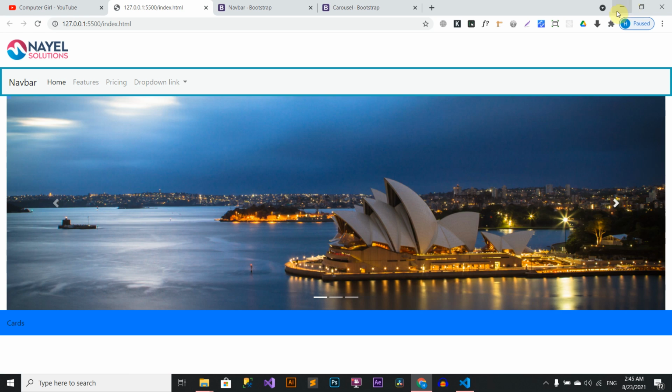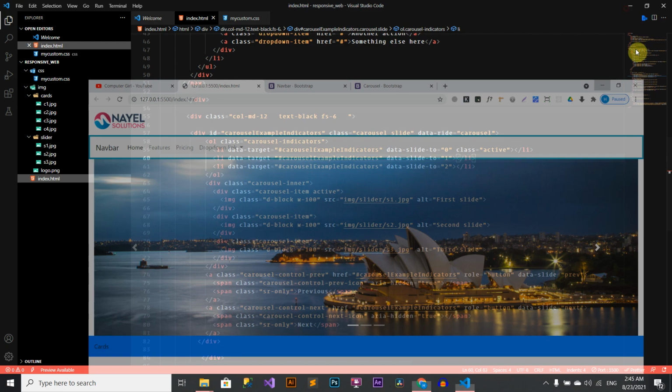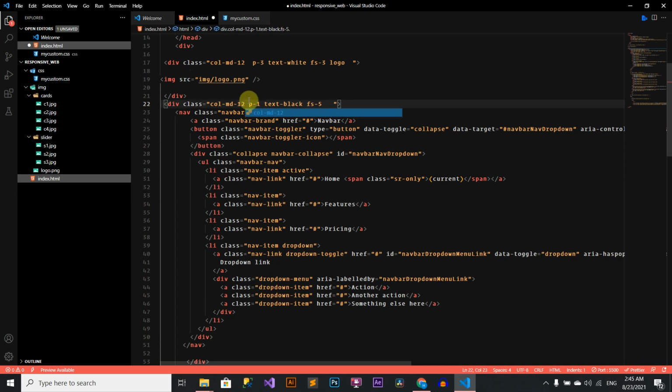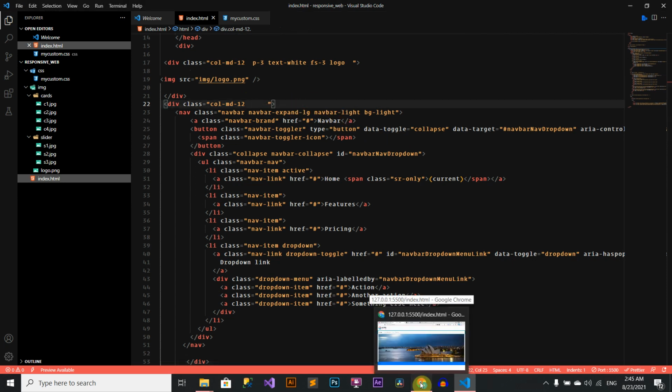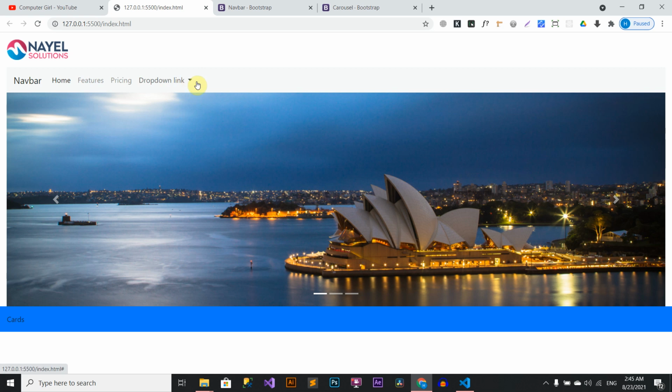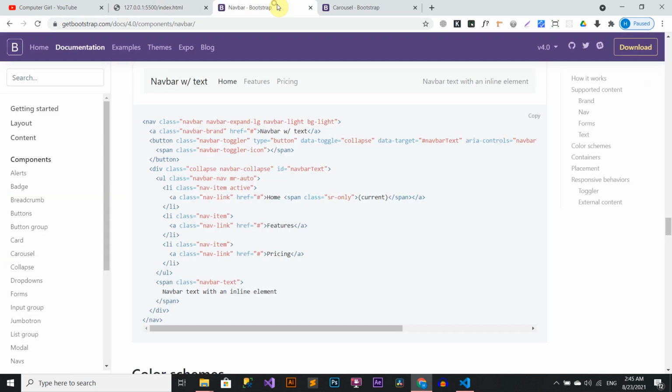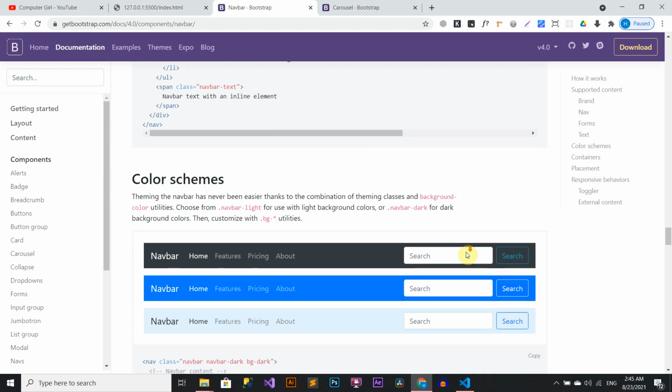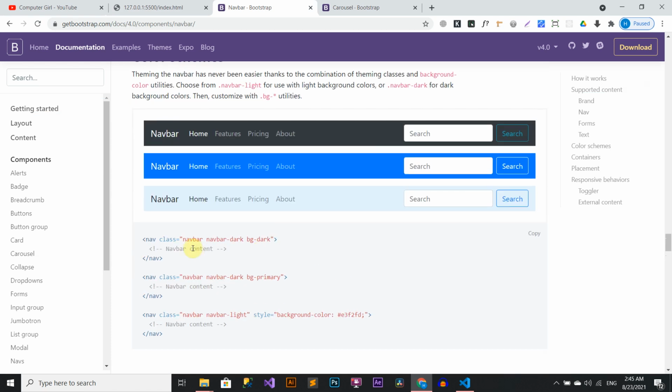We will also remove the background of the navbar the same way. See, we will apply the darker class of the navbar. You can check in examples. See, we will copy this.